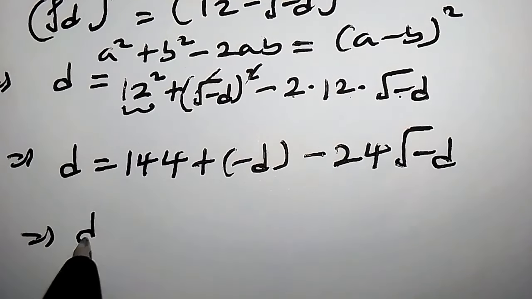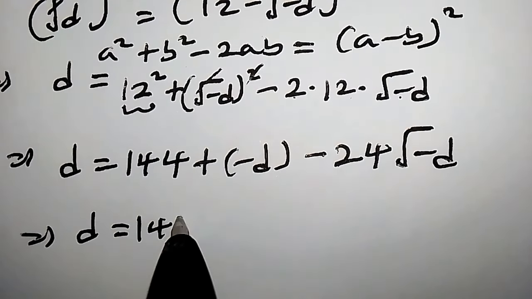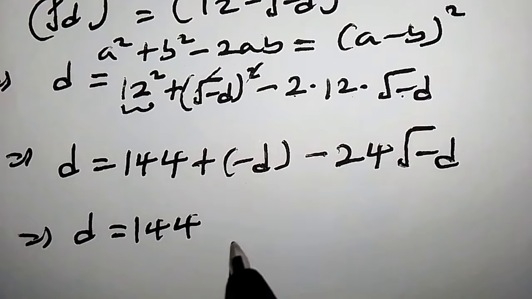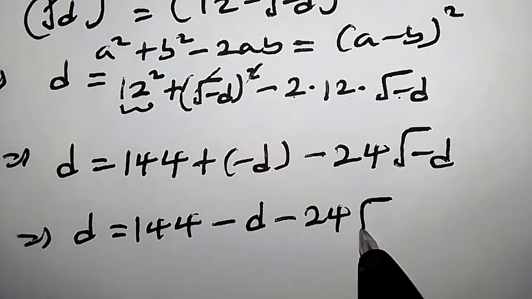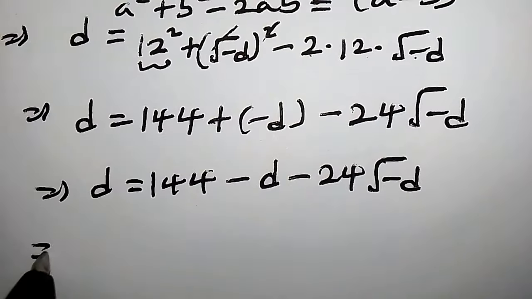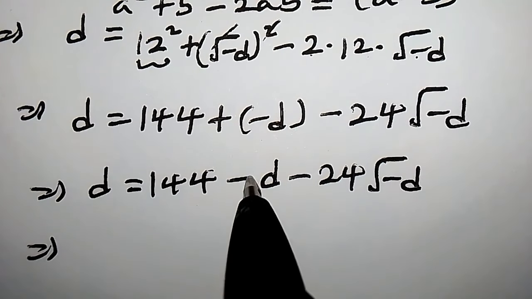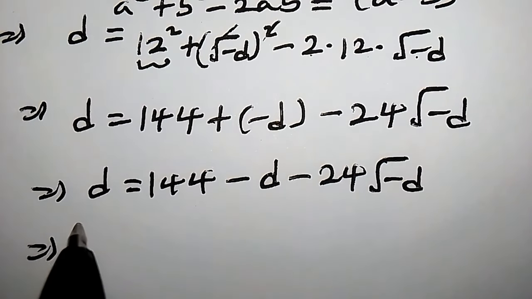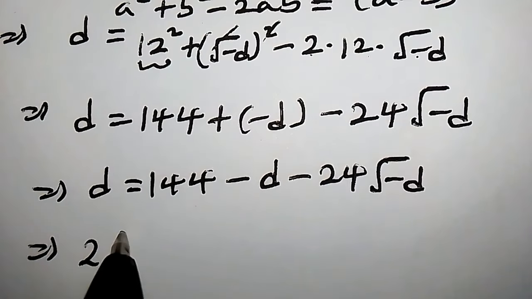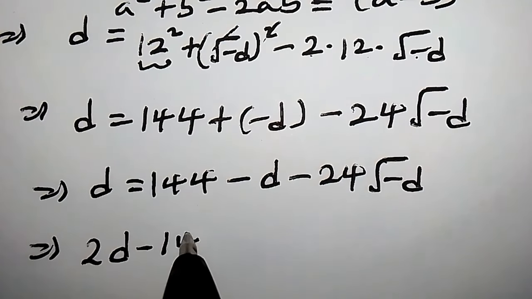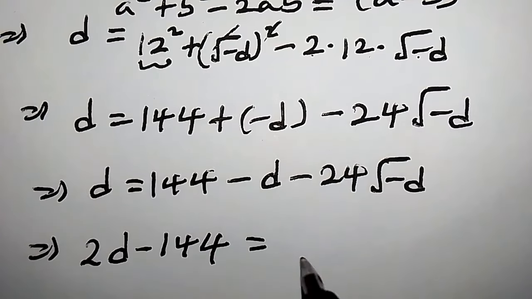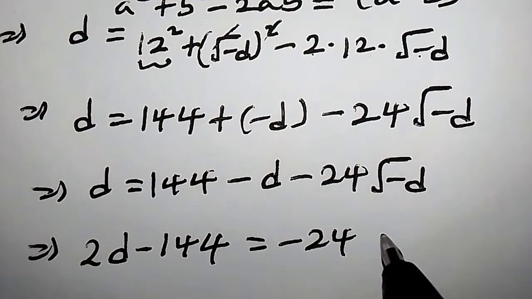This means that d is equal to 144 plus times minus d, that is minus d, minus 24 times square root of negative d. This means that when we transfer this minus d to the left hand side, we have d plus d, which is just 2d. Transferring 144 to the left side, we have minus 144 equal to minus 24 times square root